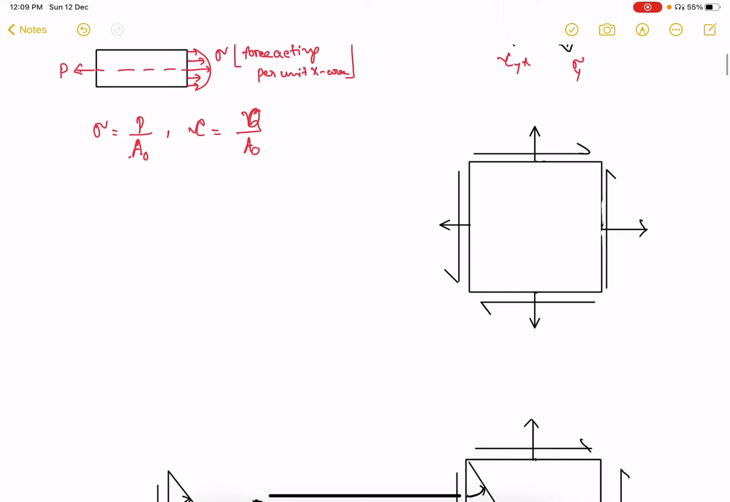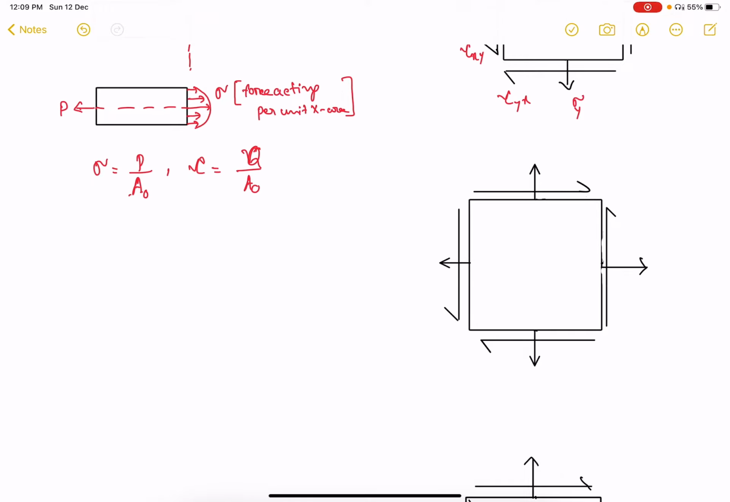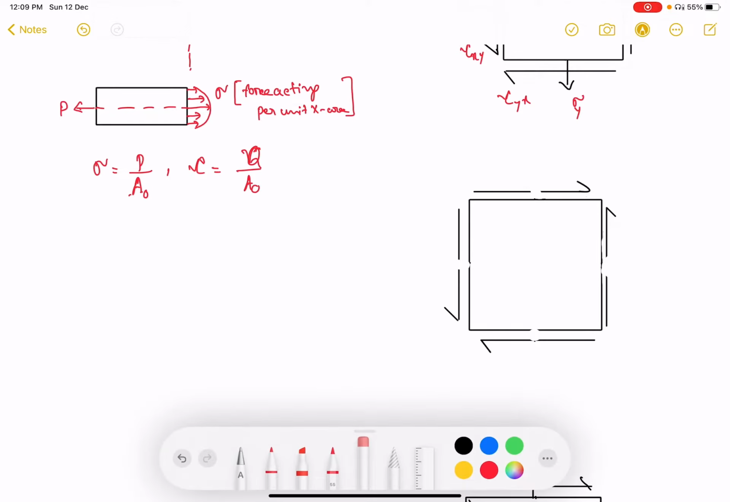Now again, if we consider plane stress, plane shear stress means pure shear stress condition. If we consider pure shear stress condition,